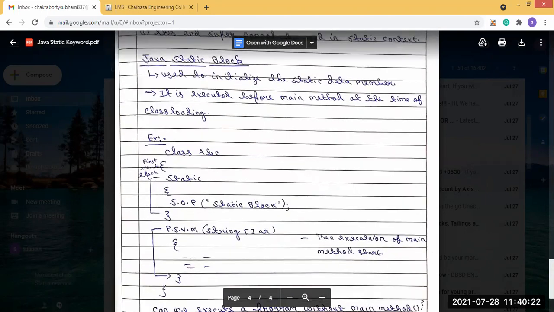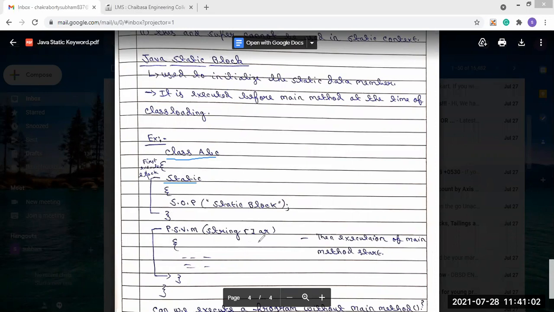Now, through an example, let's say this is class ABC, and inside this class ABC we have used a static block. This static block contains System.out.println of a static block statement, so it will print the static block statement.